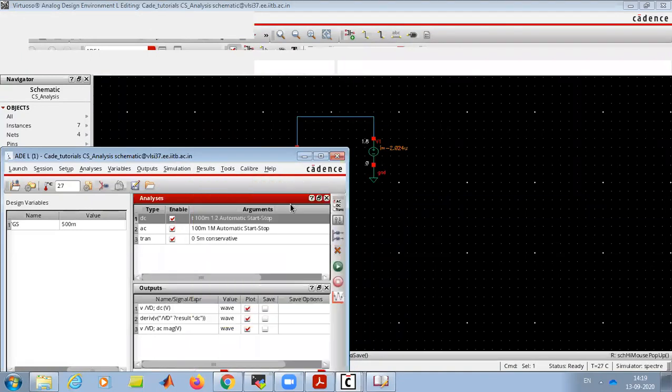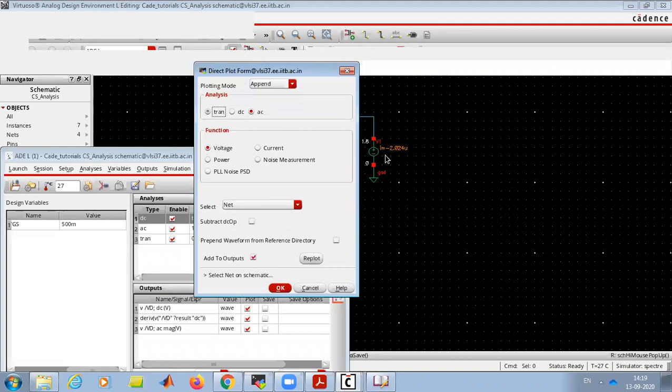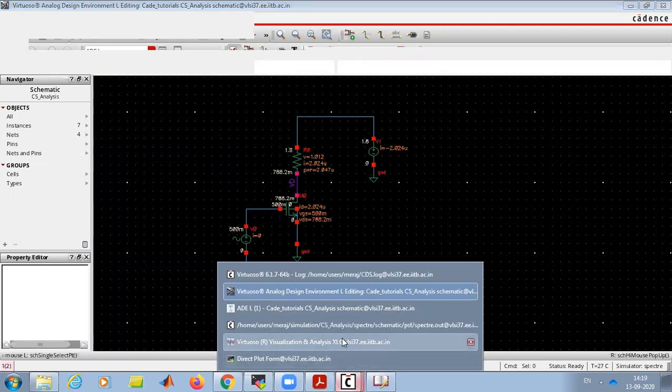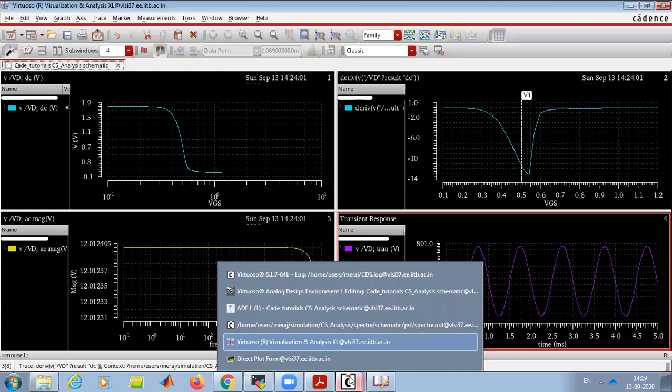Reverse, direct plot, transient. So this is our sine wave.